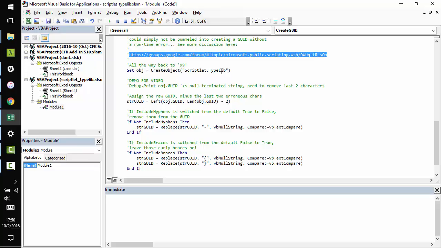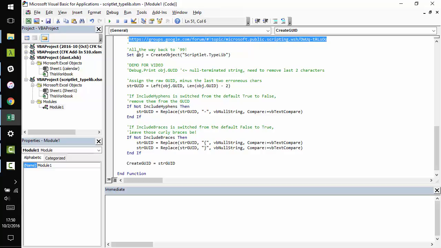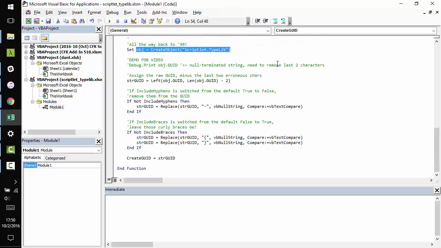There are a lot more notes about how early binding and late binding differ from one another inside the linked article, so check it out there. The long and the short of it is that you just need to create the object this way. When you get this scriptlet typelib object, you want to call the GUID method on it. And interestingly, you wind up with these null terminated characters at the end, so we want to get rid of those. That's what happens here, where we assign the GUID method results minus the last two characters to this string